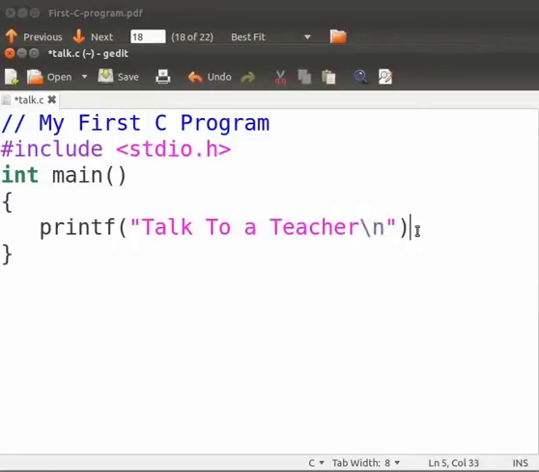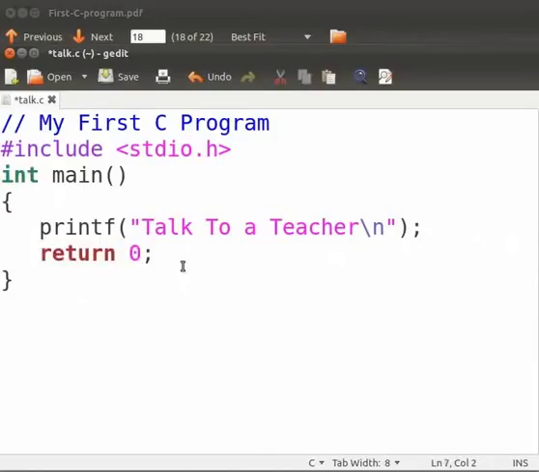Every C statement must end with a semicolon. Hence, type it at the end of this line. Semicolon acts as a statement terminator. Now press enter, give 3 space here and type return space 0 and a semicolon. This statement returns the integer 0. An integer has to be returned for this function because the function type is int. The return statement marks the end of the executable statements. We will learn more about the returned values in another tutorial.